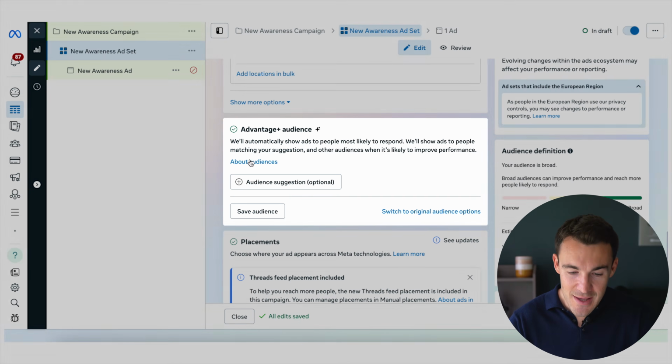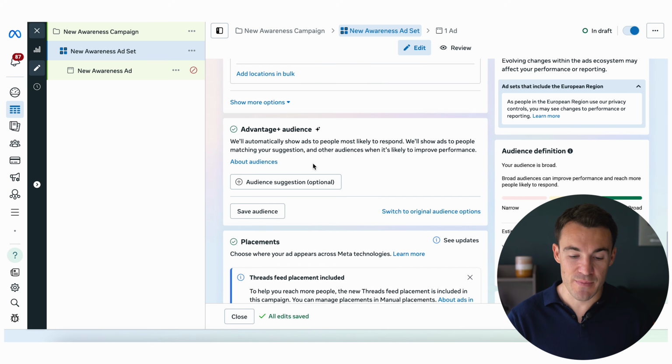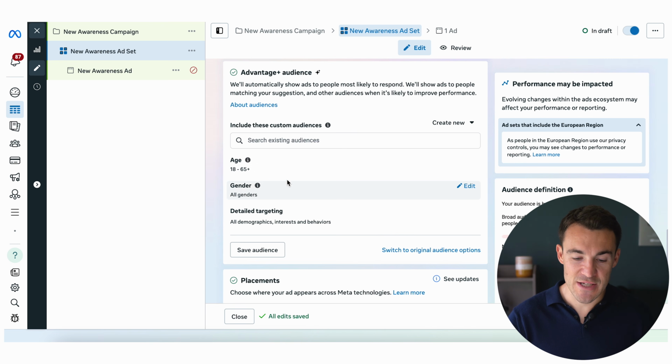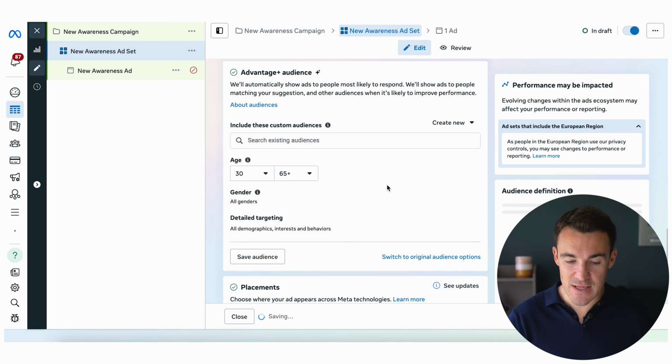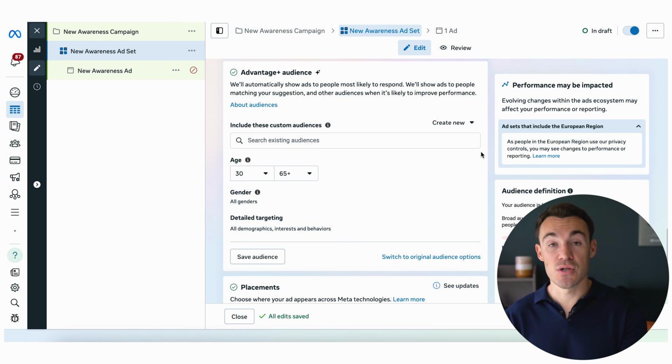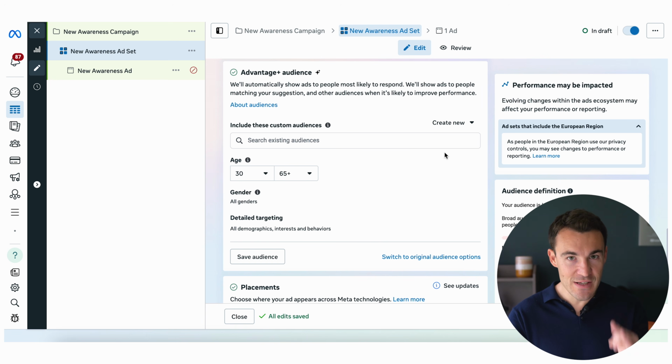Anything added in down here in this Advantage Plus audience section is a suggestion. It's not a hard constraint. So if you say, for example, to Meta, if I just click in, I want to advertise to people in this age range, only people over, let's say 30, Meta will pay attention to this direction that you've given them. But if they feel there are prospects that would be really good for your business under the age of 30, they will put ads in front of those people as well. These are all suggestions,